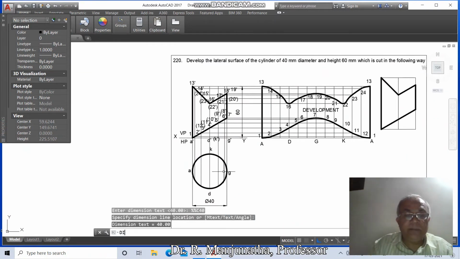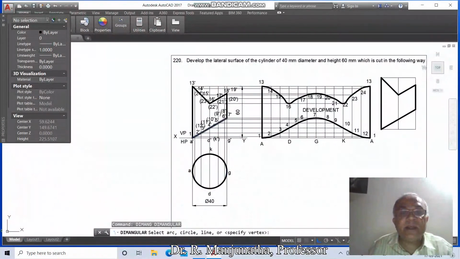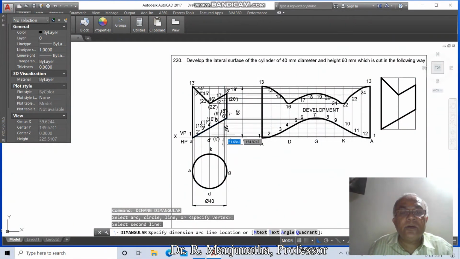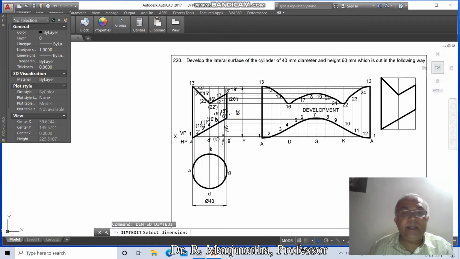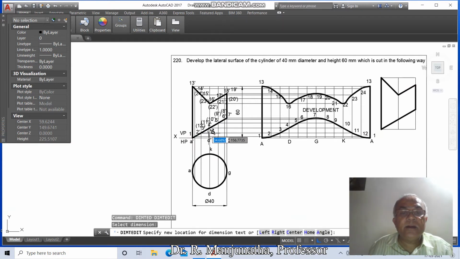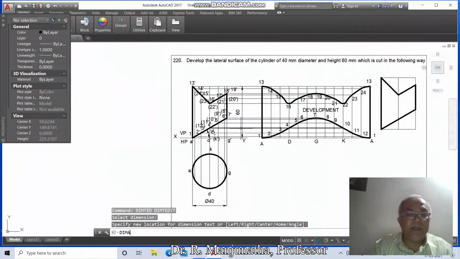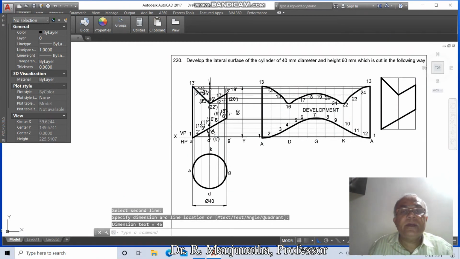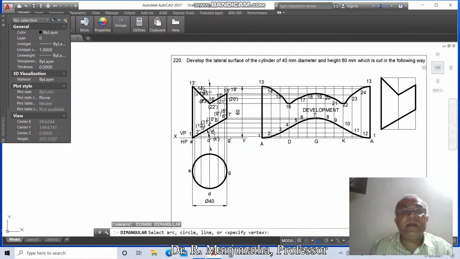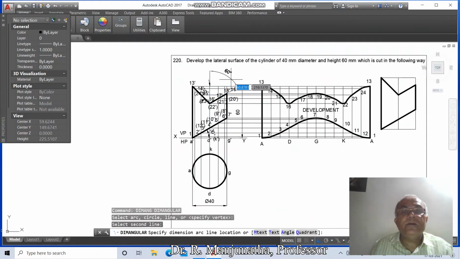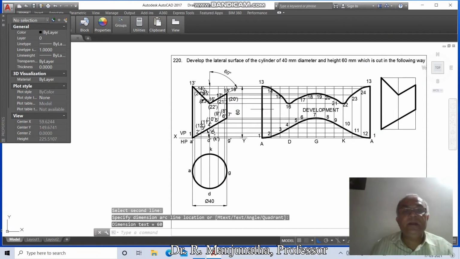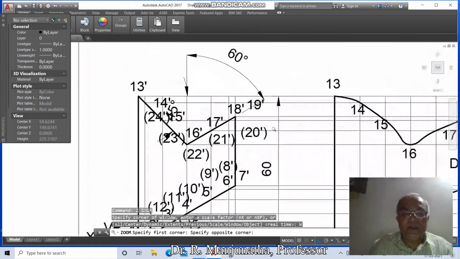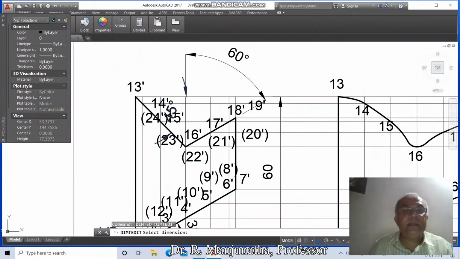then dim angular, select between this line and this line, you're going to take 30, dim TED, select this line, take 30 degree, dim angular, select between this line and this line, you take it as 45 degree, and dim angular, select between this line and this line, you take this dimension as 60 degrees, then go to zoom window, then go to dim TED, select this and you take it as 45 degrees,